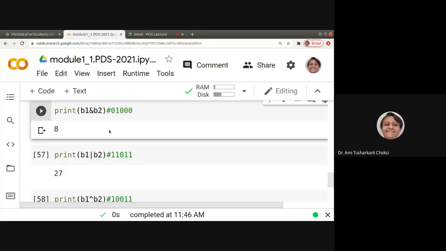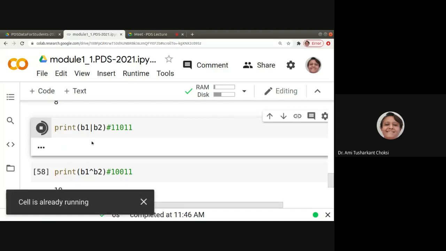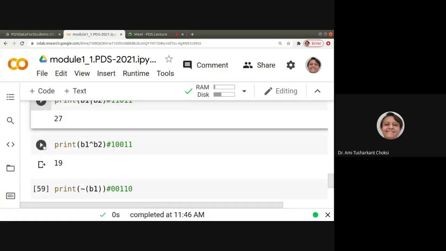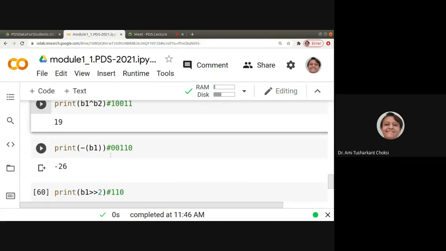So 0 and 0 is 0. 0 and 1 is 0. 1 and 1 only gives us 1, right? For an AND operation. This is OR operation. For that 0 and 1 can be 1, right? This is exclusive OR. So 0 and 1 can only be 1, or 1 and 0 can only be 1. Otherwise it is 0. Okay. This is negation. Negation means if 1 is there, it will convert that to 0, and if 0 is there, it will be converted to 1, right?